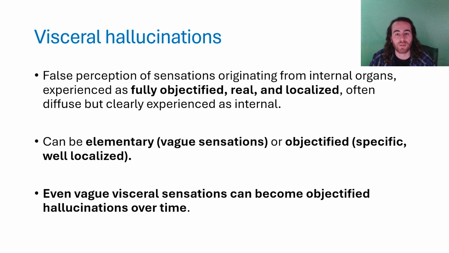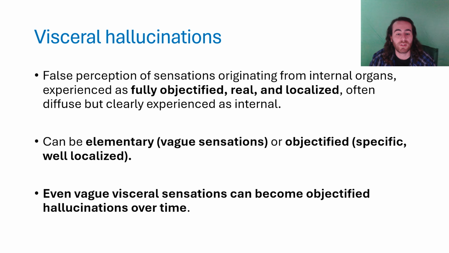Visceral hallucinations are experienced as coming from inside the body. They most commonly have to do with organs or external objects that a person is convinced are placed inside of him. For example, a person may be complaining that his organs are shifting places or that there's a radio transmitter placed in his stomach. Visceral hallucinations often tend to bleed into synestopathic experiences, especially with paranoid schizophrenia and severe affective